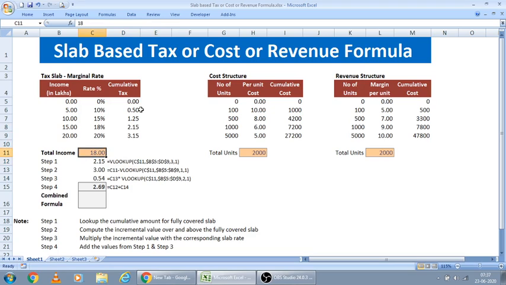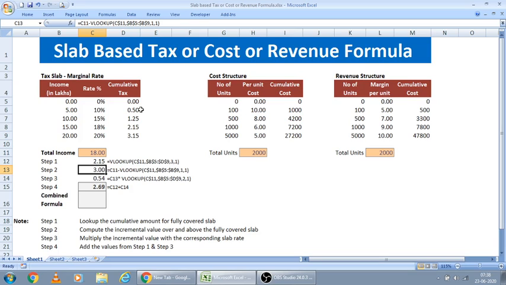If we change this value to, for example, 14 lakhs, then this is less than 15, so it is between 10 and 15, so this will be the fully covered slab. So it means 1.25 will be coming here. I'm just changing back to 18.